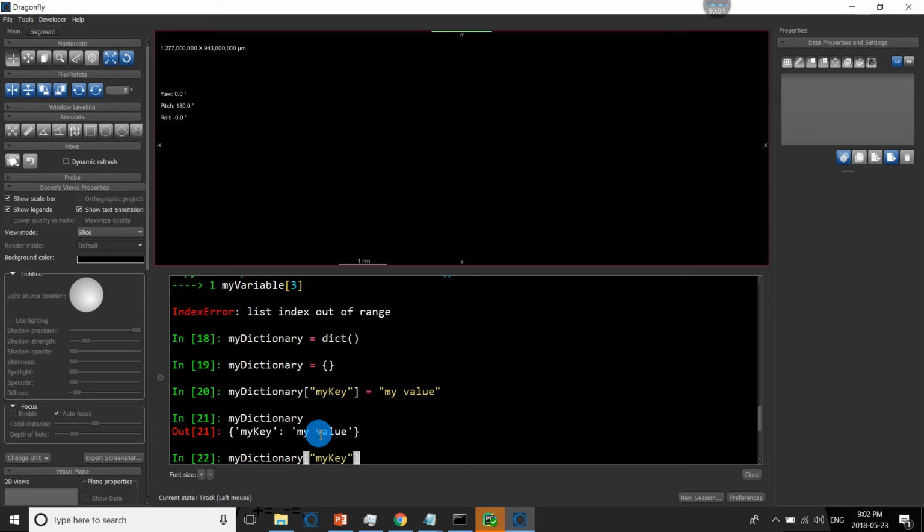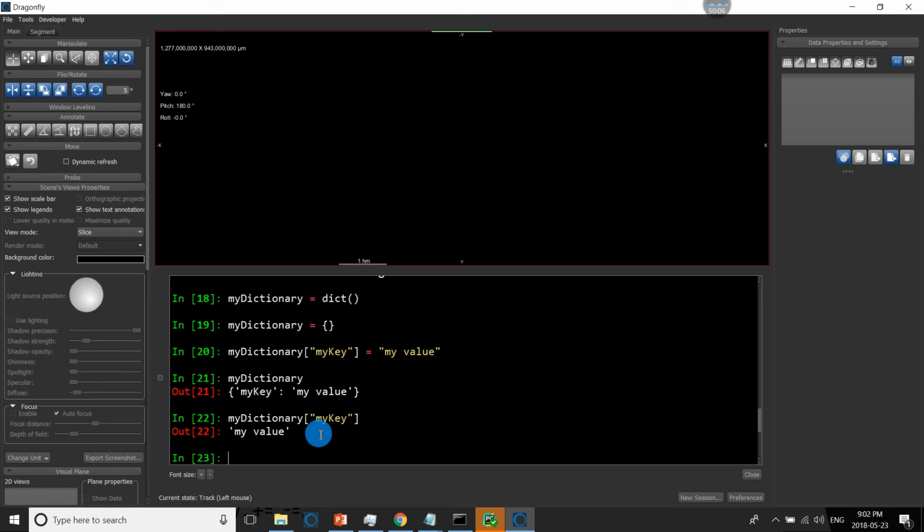So let's say my value. So now when I look at my dictionary, I have one item where I can access it with my key, and the result should be my value.